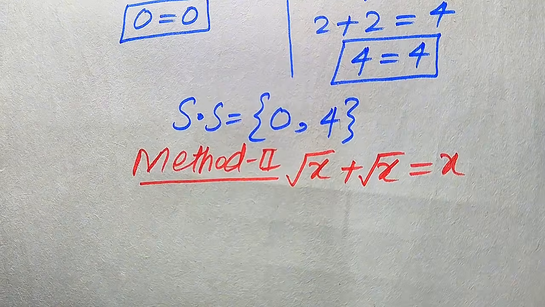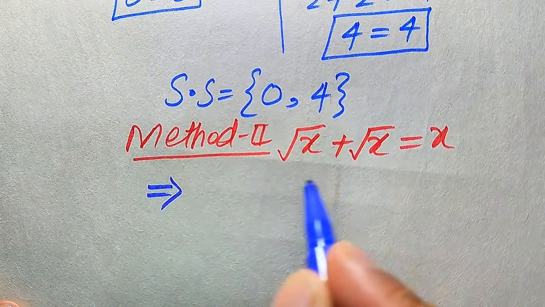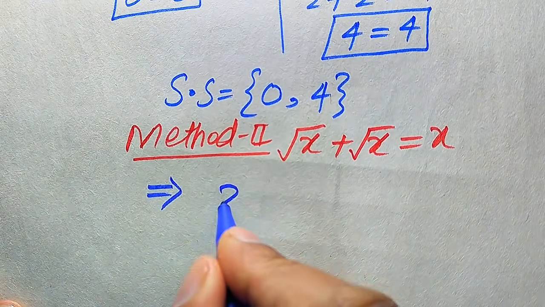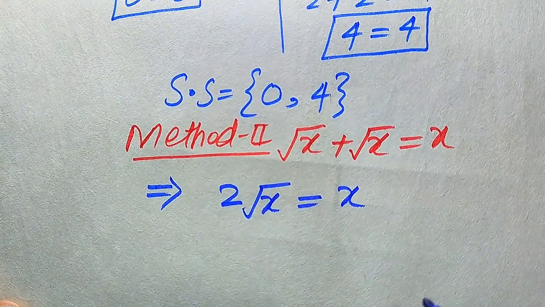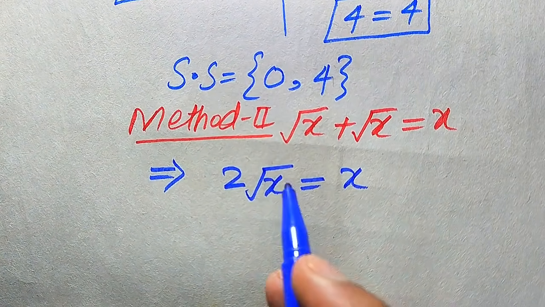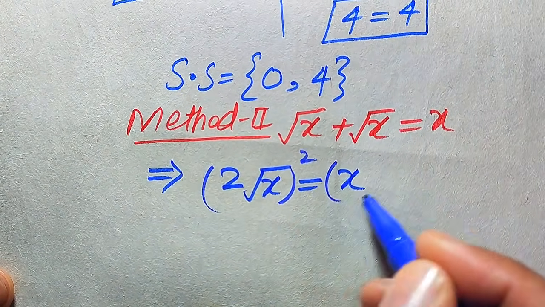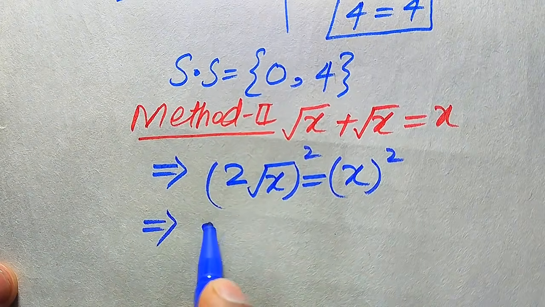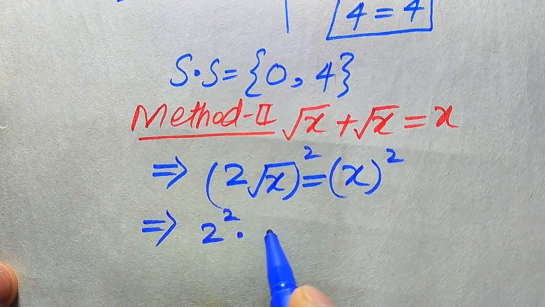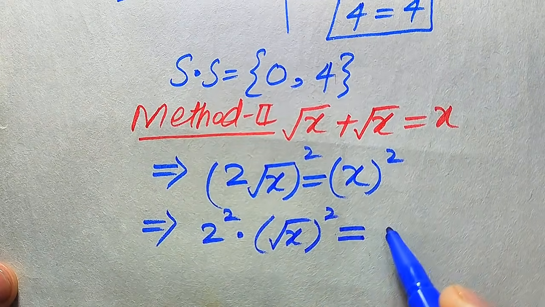Our second method is a very straightforward method, and here we quickly get the roots of this equation. First you see that these two values are added to each other, and we write it as 2 times square root of x is equal to x. In the next step, we need to remove this square root sign, and for this we take squaring on both of the sides. On the left hand side we apply the square separately on both of these two values, and it becomes 2 squared into square root of x, and its whole square